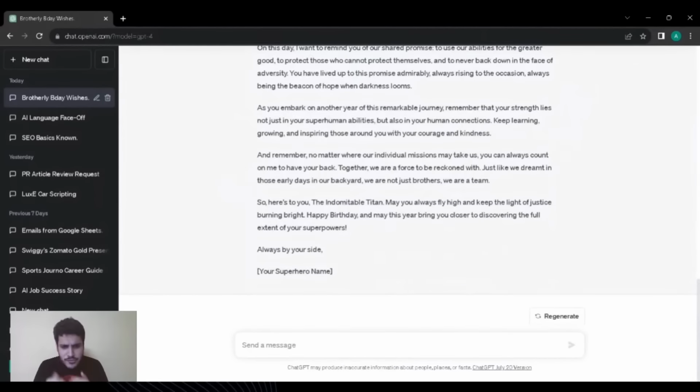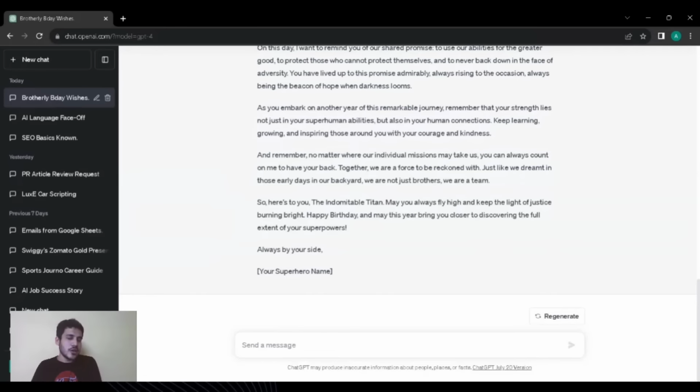Now, if we move on to another one of its features, अब हम इसे side करते हुए, we move on to number 2, which is basically formatting your outputs. So you saw I gave it a prompt and then it gave me some data. So now, what if we want that data not in just text format? मुझे टेबल भी चाहिए, मुझे उसे अरेंज भी करवाना है और एनीथिंग, तो मैं वो कैसे करूंगा? So I'll go on to it. Suppose like I of course like football. I love football. So I go on to there and I ask कि sort